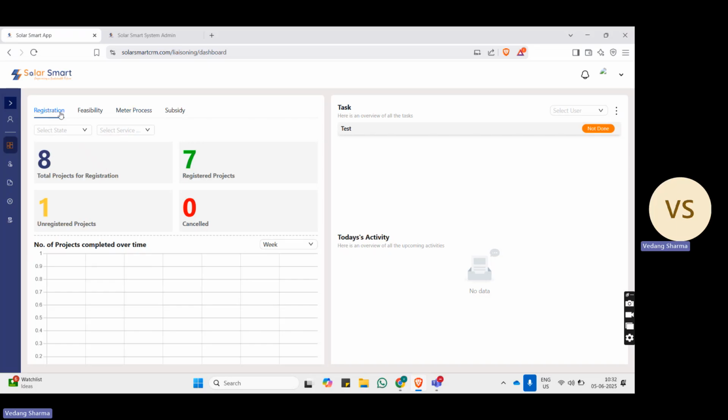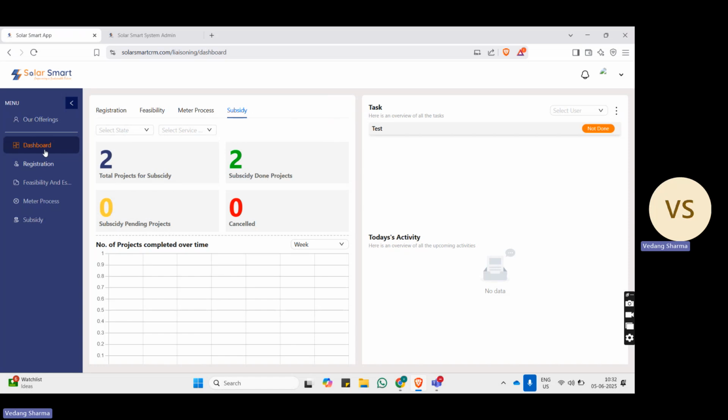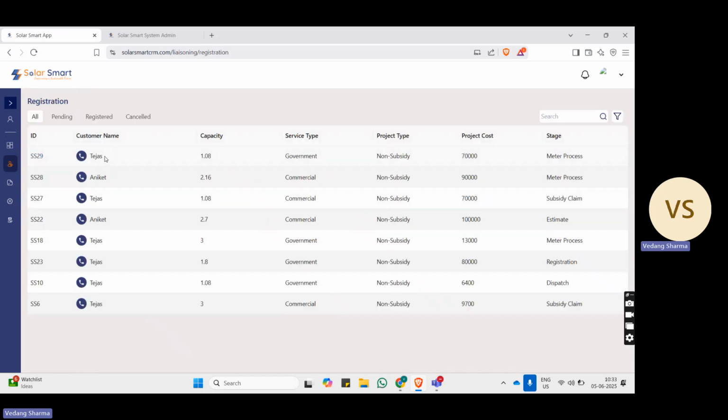Here we have divided licensing into two parts, that is, before installation and after installation. In before installation, there are two specific modules, registration and feasibility. And after installation, there are two modules, meter process and subsidy. So there are four specific small modules in licensing. When we go to the registration part, here we have